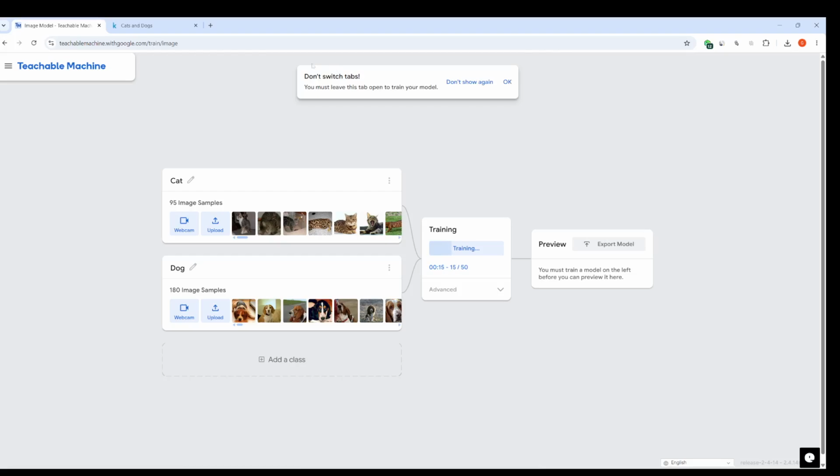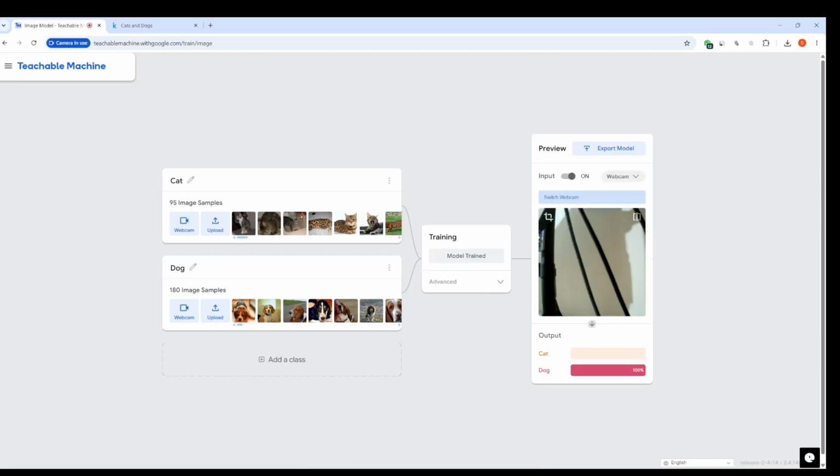So you got a message, don't switch tabs. You must leave this tab open to train our model. To get to this stage, it took around 2 minutes. Once the training is complete, now let's test the model using